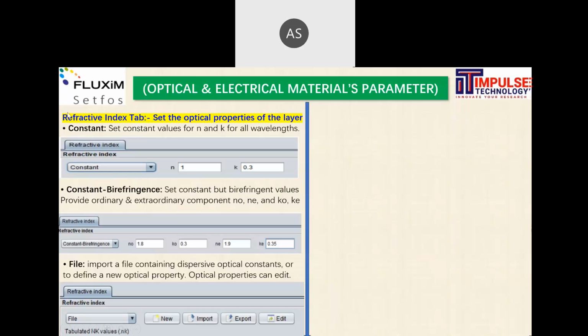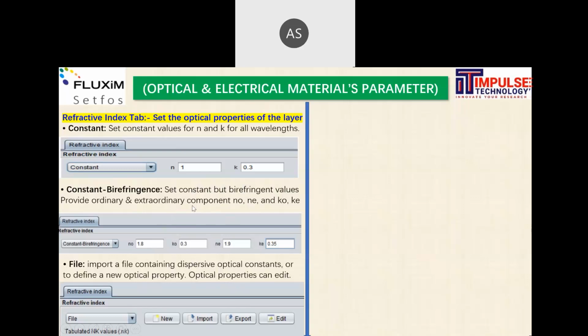You can simply import the file in this section, or create your new materials by clicking on new, or edit the materials by clicking on the edit option.